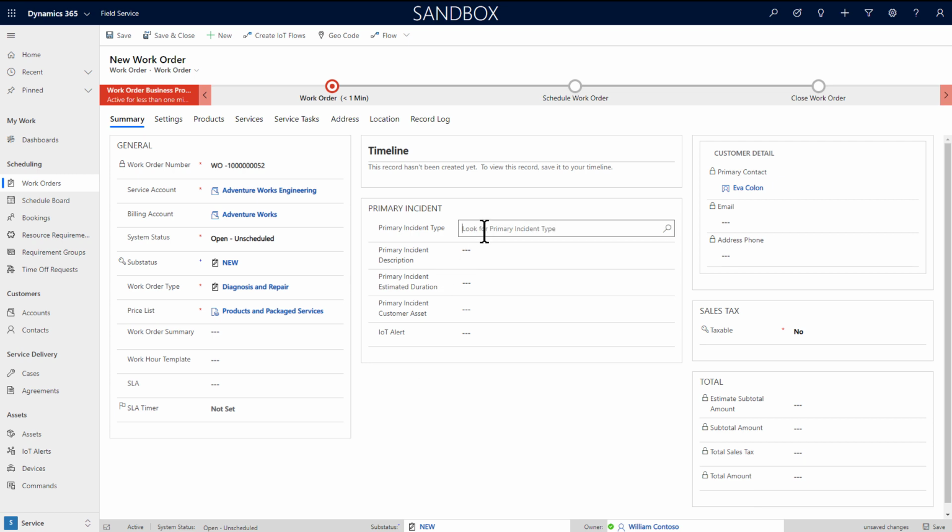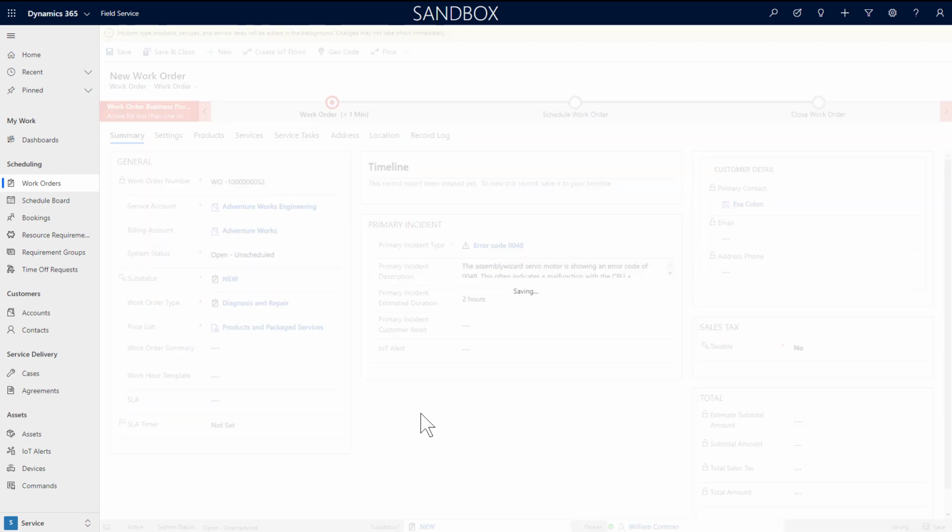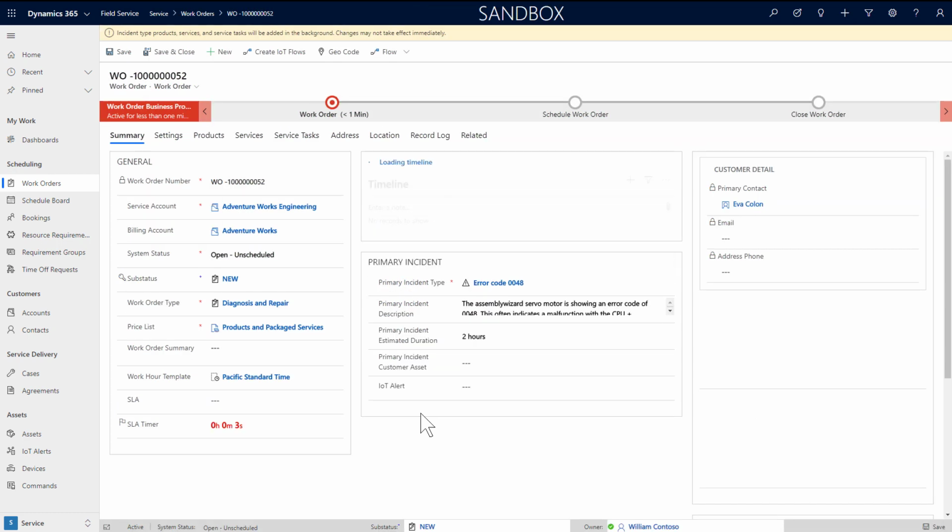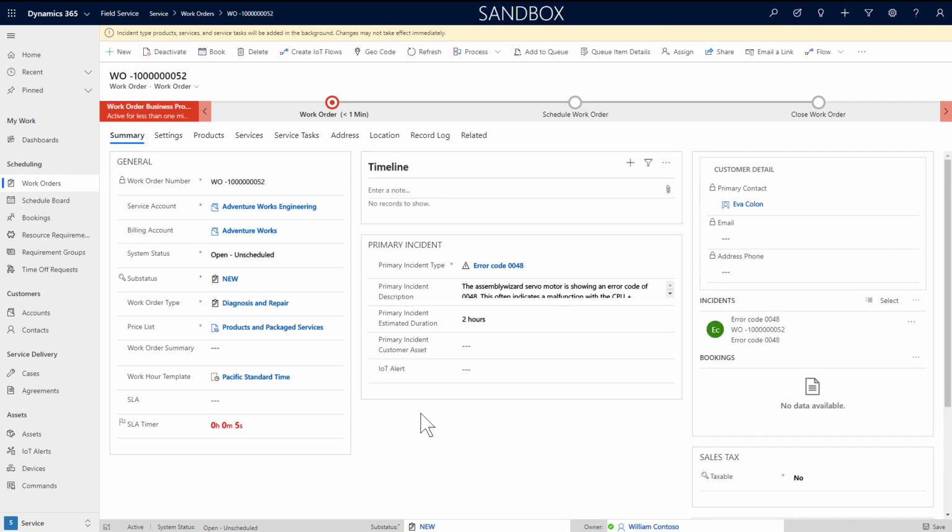Enter a price list that will define how the parts and services are priced for the final customer. In our example, we related a price list to our work order type, so it was populated automatically. Then define a primary incident type. This is the exact reason for the visit. This will populate a description and a duration if the incident type was configured with those values. Then save. You'll see a notification on the top that the incident type is populating products, services, and service tasks